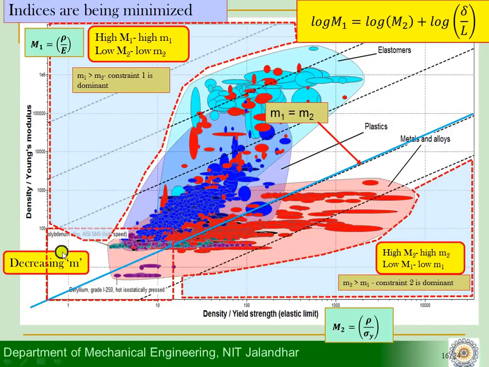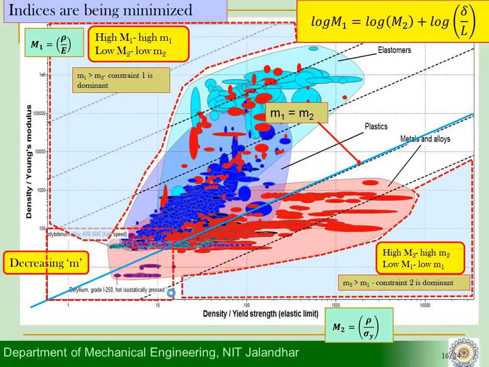And what are the materials which we observe are available to us? I have plotted here elastomers, plastics, metals and alloys, and a part of composites. Right now the composites are not plotted, we have just plotted elastomers, meaning rubbers, plastics, and metals and alloys. The best used materials are maybe some steel, and we have beryllium coming in this zone. These materials are not very good because my search zone is where the decreasing M values are actually obtained.